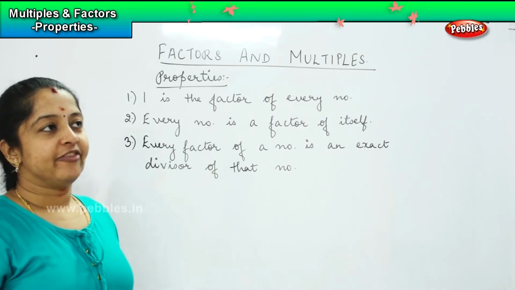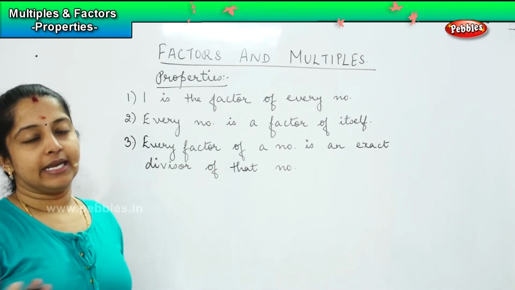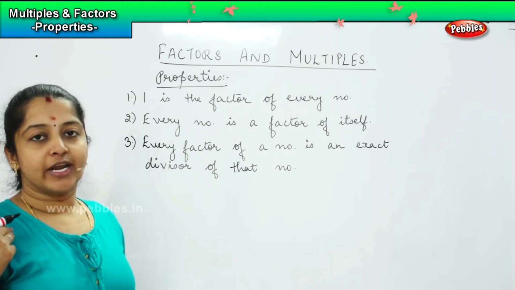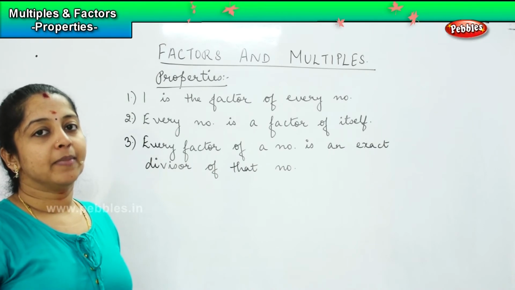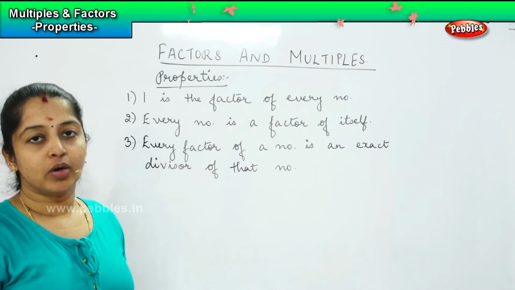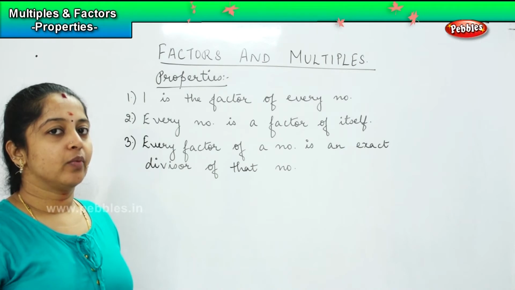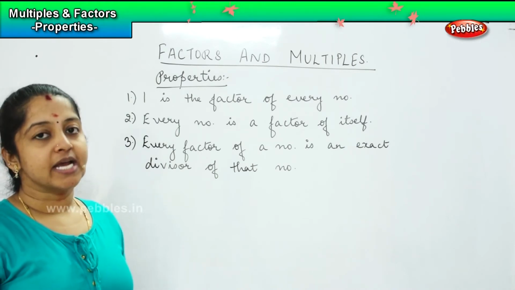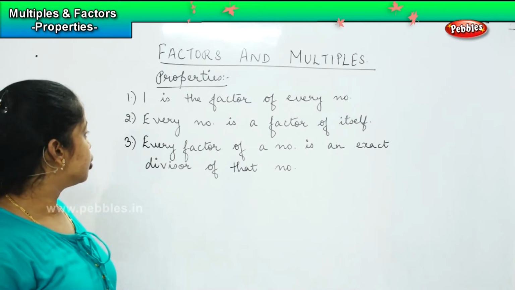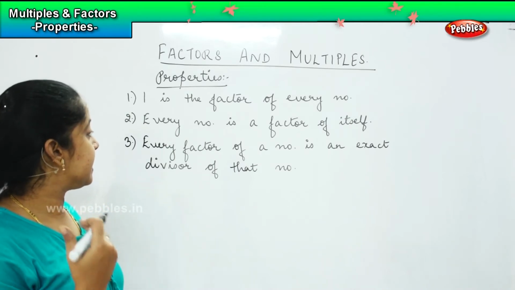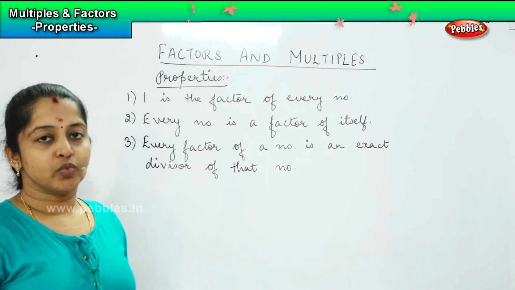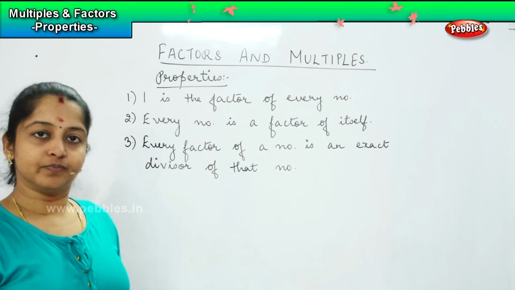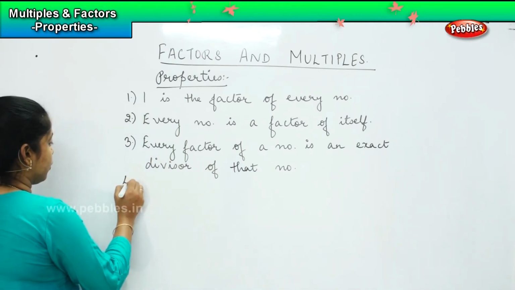For example, if I take 3 times 7, I get the answer 21. Which means that if I try to divide 21 by 3, the number will be exactly divided. There will be no remainder in it. Similarly, if I try to divide 21 by 7, I will get an answer which has no remainder. So every factor of a number is an exact divisor of that number, which means that when you divide that number, there will be no remainder left. Clear? The next property for you is